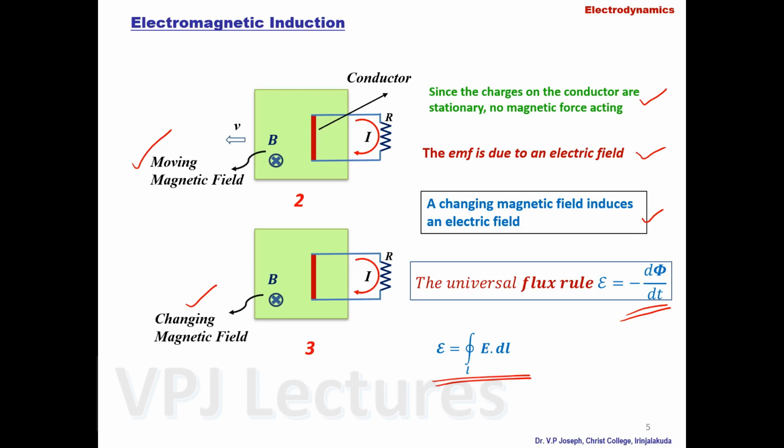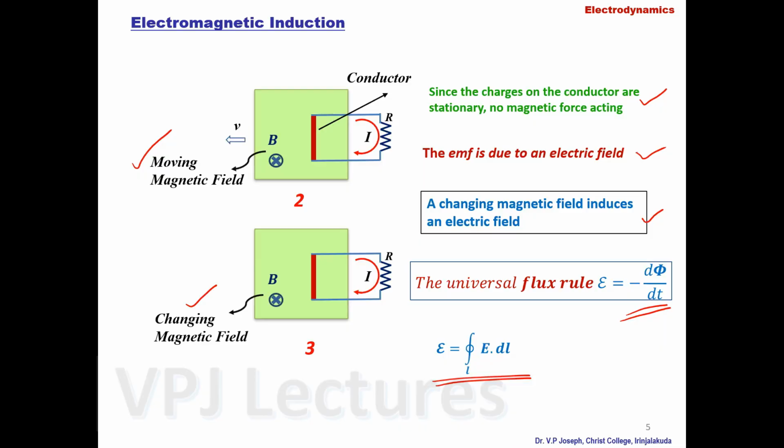There is an electrostatic or electromagnetic field E coming into the picture. Closed line integral E dot dl in this case is equal to the electromotive force. So there is a clear difference between the first example and the second and third examples. The first case is a motional EMF, with the Lorentz force coming into the picture, and in the second and third cases, it is a change in magnetic field and the circuit is stationary.